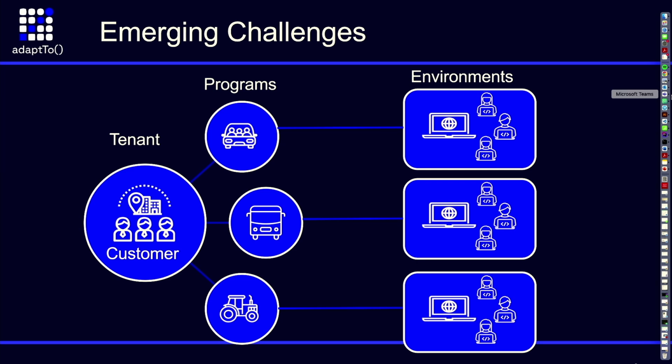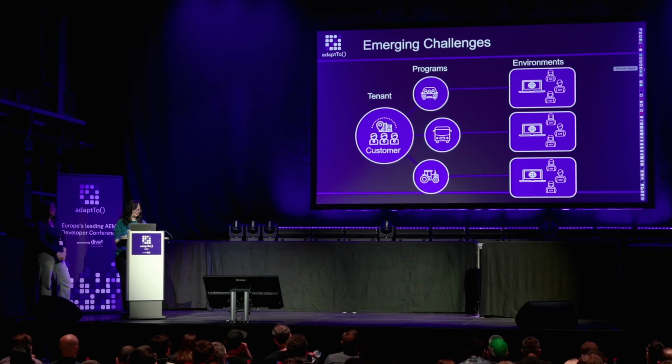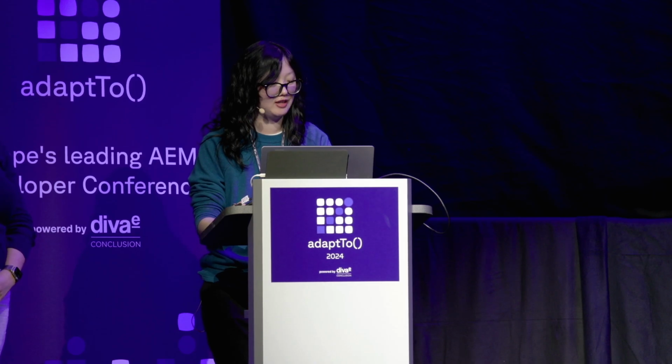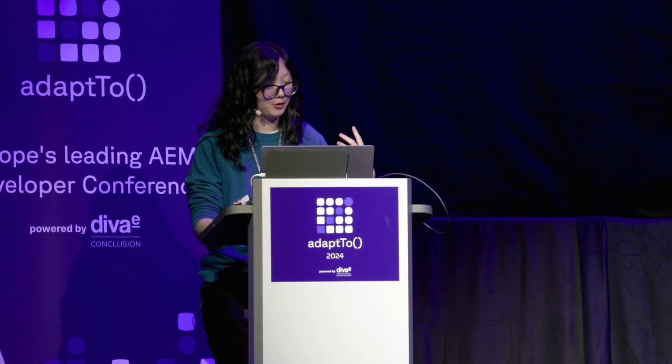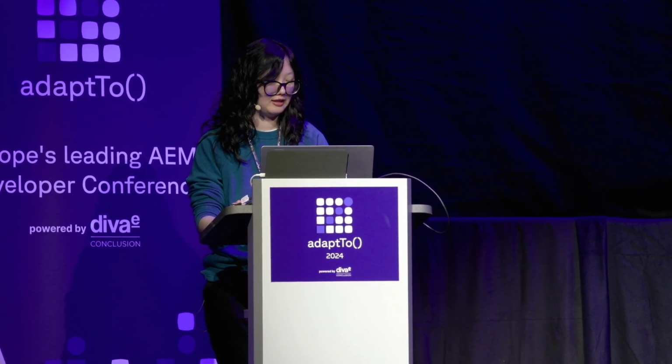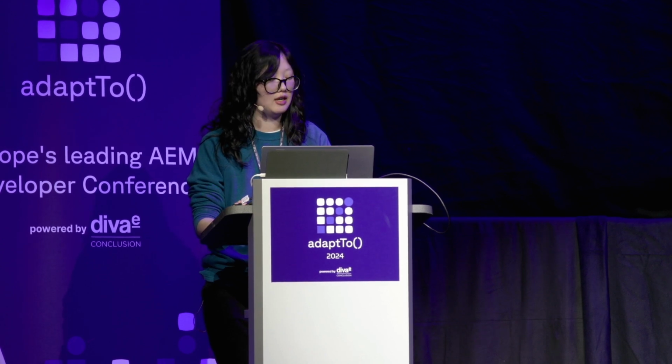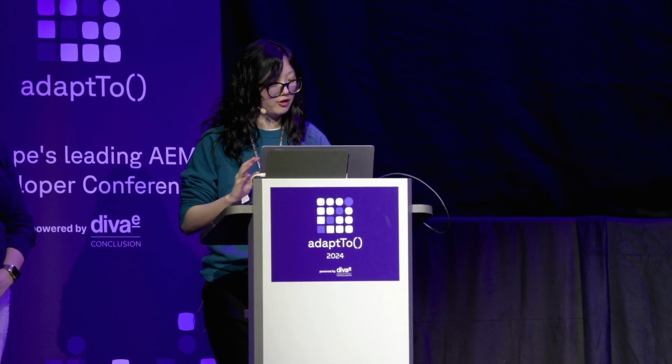So App Builder operates on an IMS org level, which means that only the IMS org is stored as context in Adobe App Registry. Since many of our AEM customers are large multinational corporations, for one tenant, one IMS org, a lot of them will have multiple programs in AEM for all their different subsidiaries or all their different